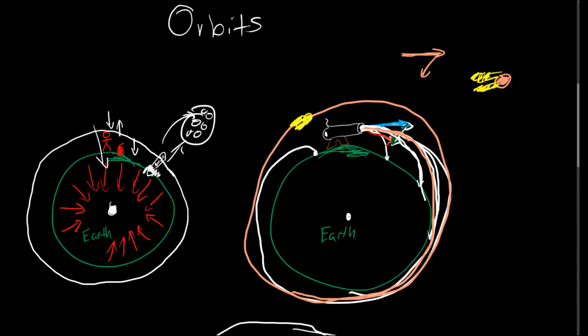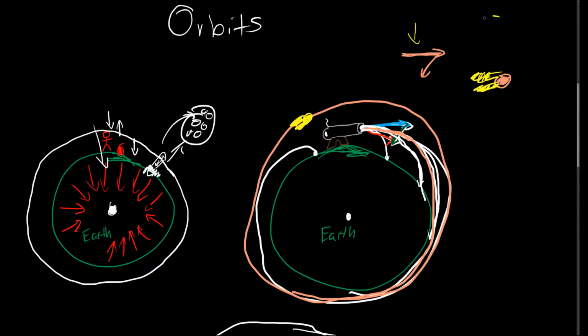The speed that this would actually have to go would be roughly 17,000 miles per hour, but it's absolutely possible since we have satellites and the International Space Station in orbit around the Earth. This is technically the concept that they use, where you have these initial cannonballs falling towards the Earth. You have, say, this cannonball, which has rockets on it, going continually around the Earth, falling around the Earth. You have the International Space Station falling around the Earth, because like I said before, with this vector,